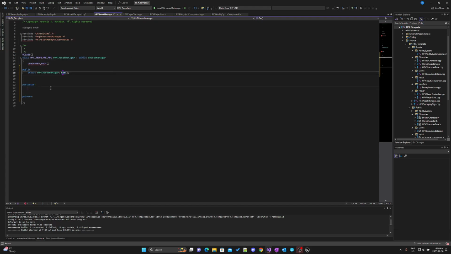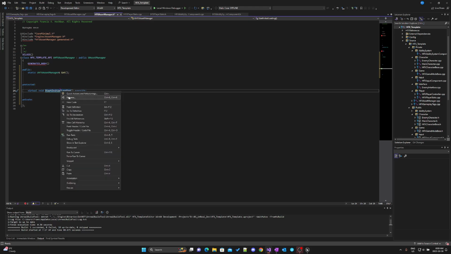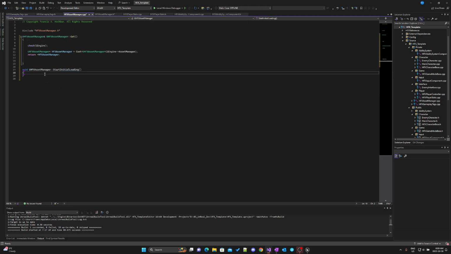So here we want it to initialize with our gameplay tags. And to be able to call that, we're going to override a function, the virtual void function called StartInitialLoading override. And we can create that definition. And in that definition,